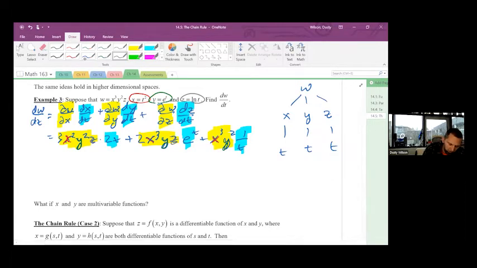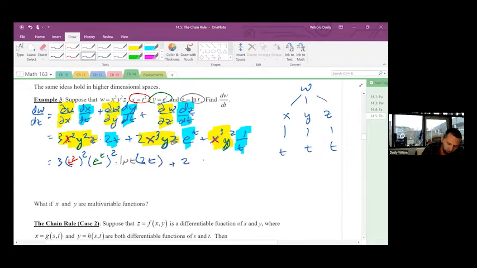Okay, so this will give us equals 3 times t squared, and then our y is going to be e to the t squared, times z, which is ln of t, times 2t,